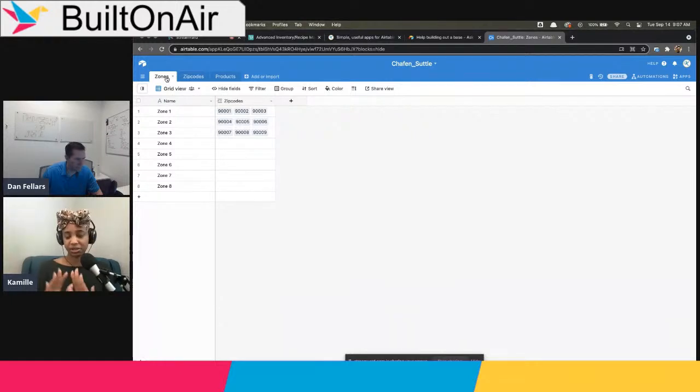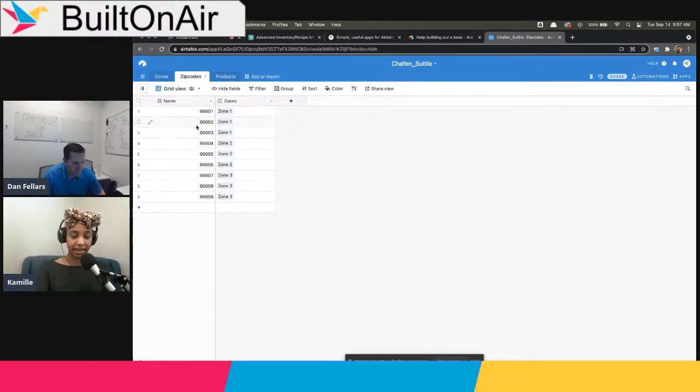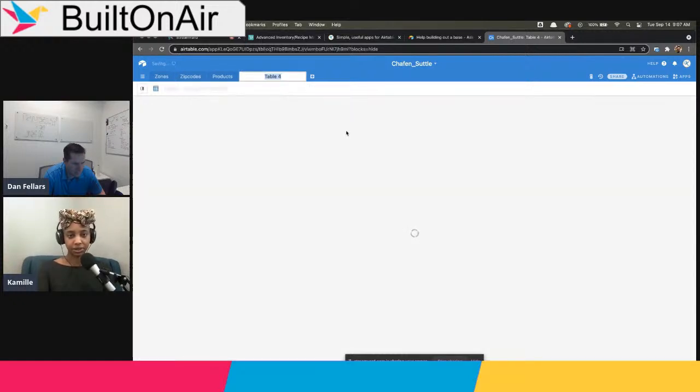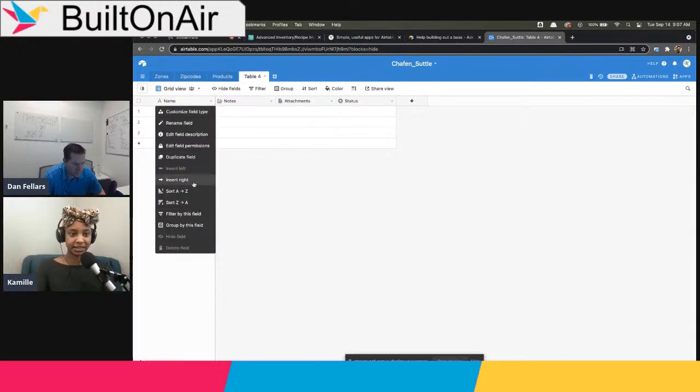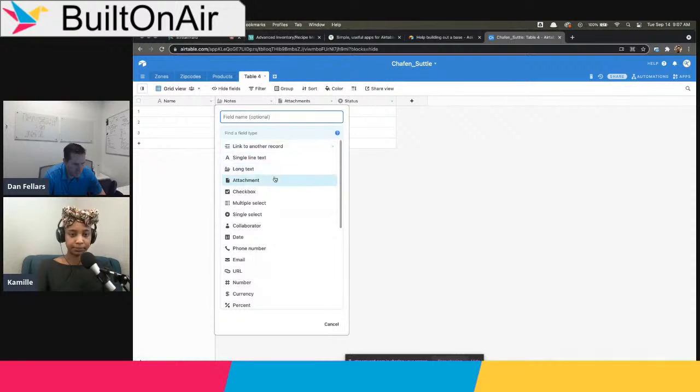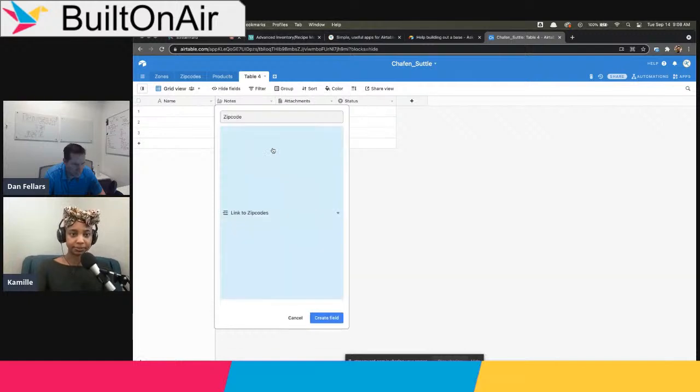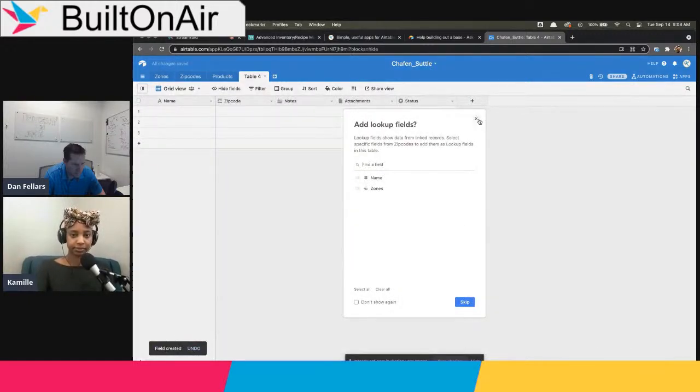I've created just the bare bones of a base structure that demonstrates what that is. They said they had 8 zones, so I put in just 8 simple records for zones, linking to a table full of zip codes. I've just had a few zip codes filled in, linking to which zone they're in. And now, if I create really quickly a table for something, and then add a field for what the zip code would be,